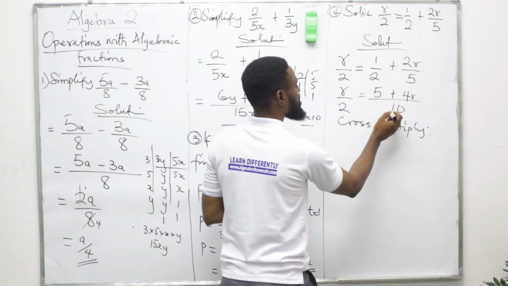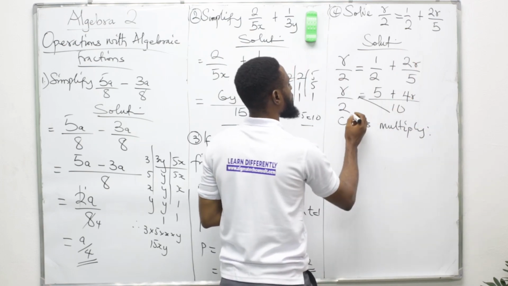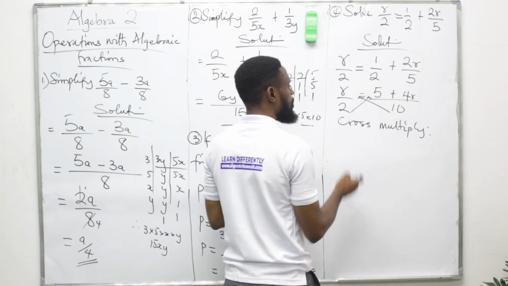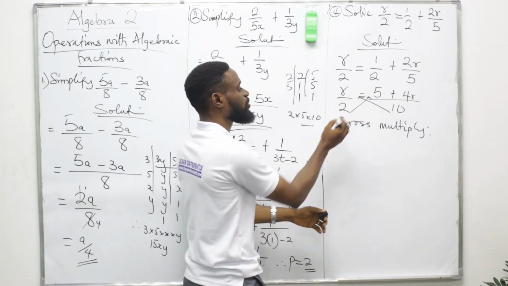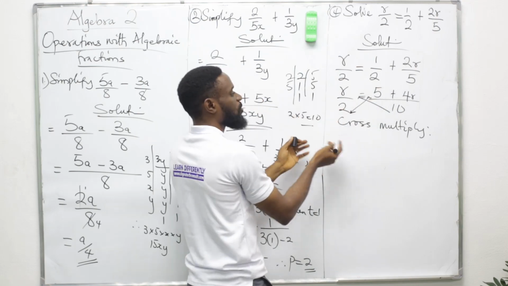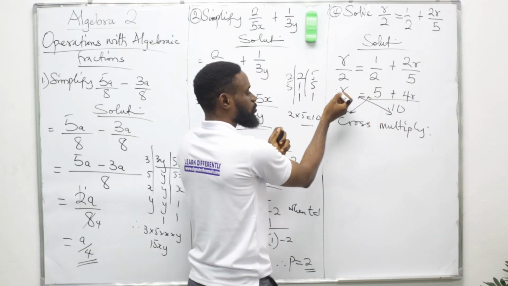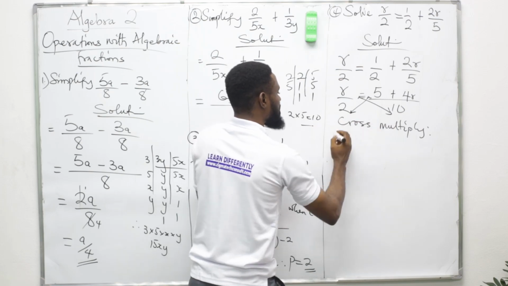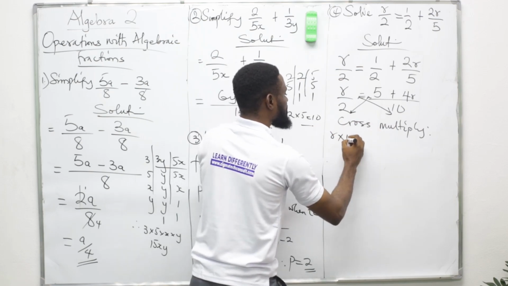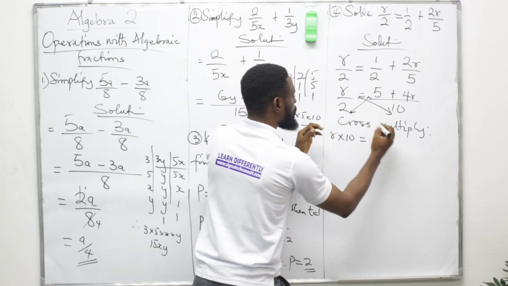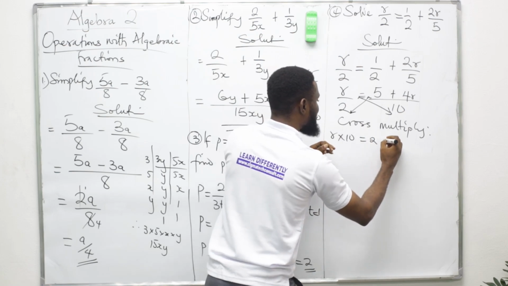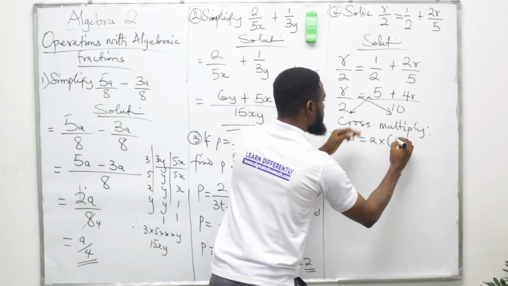So 10 should come and multiply here, 2 should go and multiply here, or R should go, whichever one. I choose to go 10 to R. So this will mean 10 times R, that is R times 10, is equal to 2 times 5